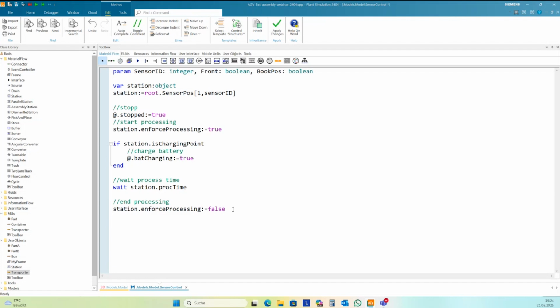And the same is true for but charging. When we start moving from this charging point, the charging is done, and so we need to end the charging with but charging is false. And then we can start the HEV.